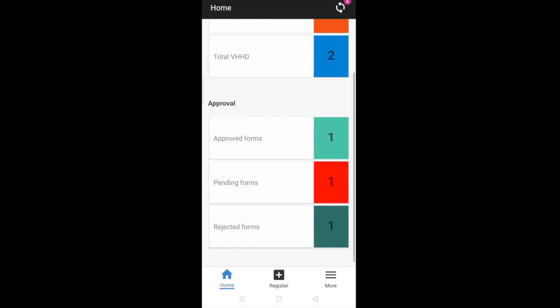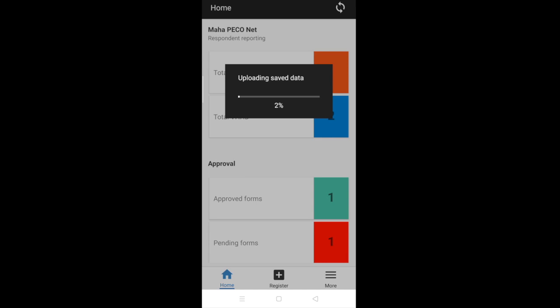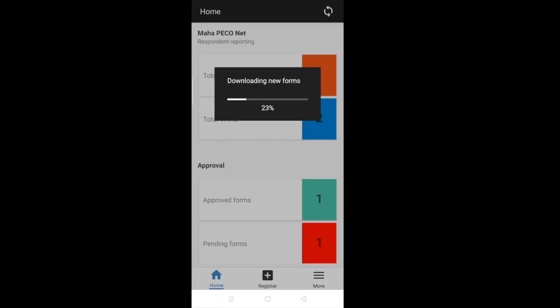So this was for the organization manager. Again, I will sync all this information that was filled. All the users using the app, after filling the data in the app, need to sync the app. So I'll click on the sync button and upload all the data that I have filled and that is available on my device. So this was all the app information that we learned: how a staff member will use the app and how an organization manager will use the app, the functionality of both the roles in the organization.